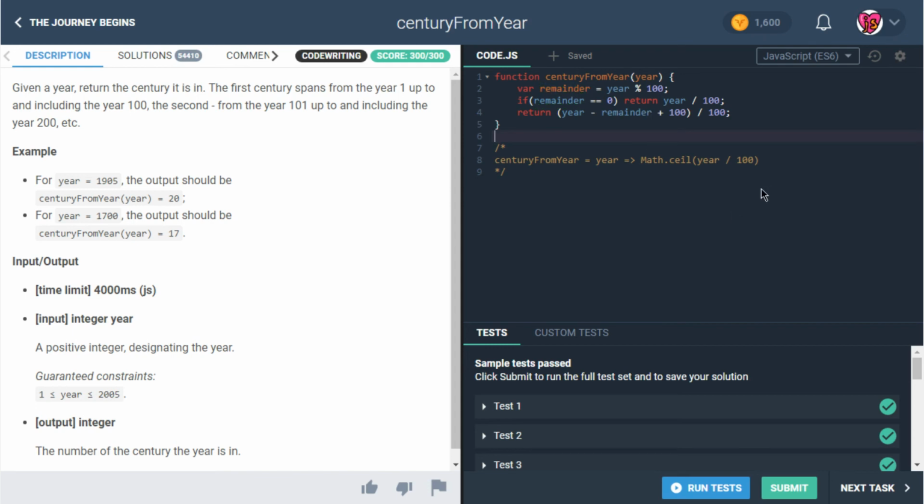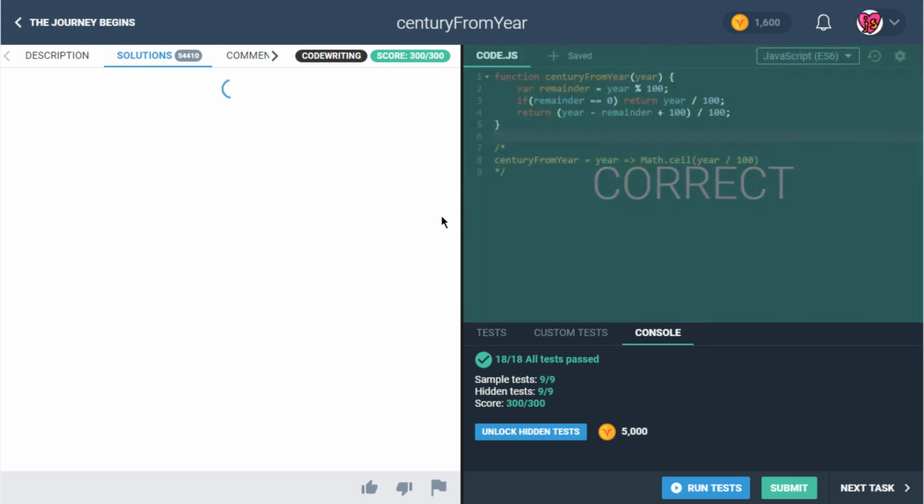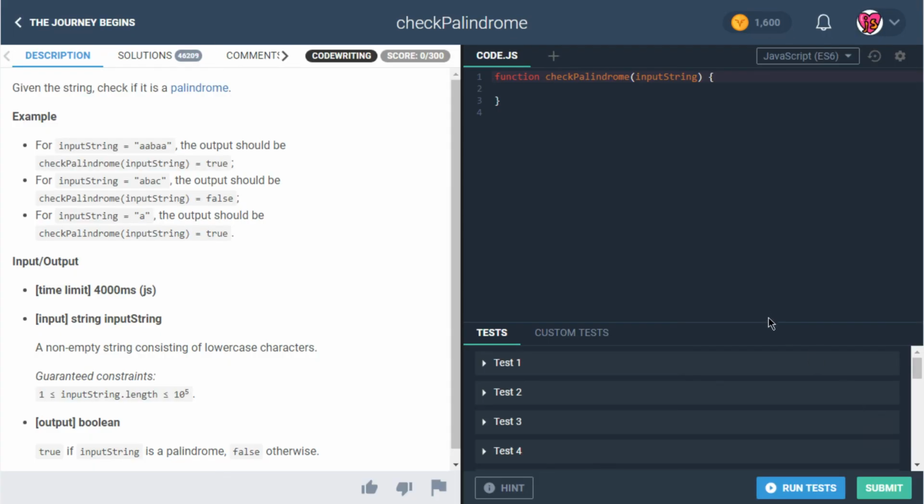Okay, we're done with this one. We're going to submit that, and just to save it, I know we already submitted one before, but we want to save it so that if anyone wants to take a look at this later, they can see two solutions. Great. All right, so we'll move on to the next task now, and this next